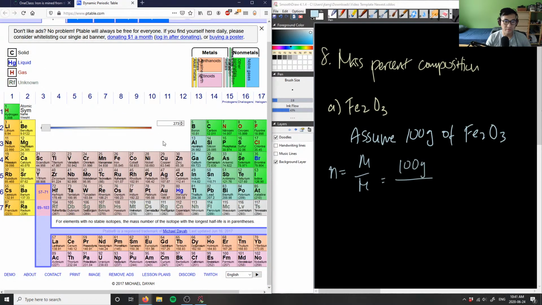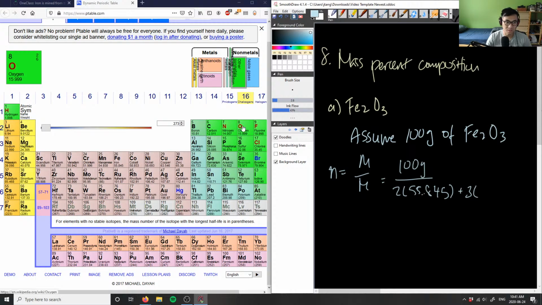So Fe2O3, so I have Fe, which is here, so 55.845, multiplied by 2, because we have 2 irons. So we have 2 times 55.845, plus 3 oxygens, which is 3 times, again, oxygen is here, so it's 15.999. And then we can calculate that, use your calculator. So we have 100 divided by 2 times 55.845 plus 3 times 15.999. We're going to get a value of